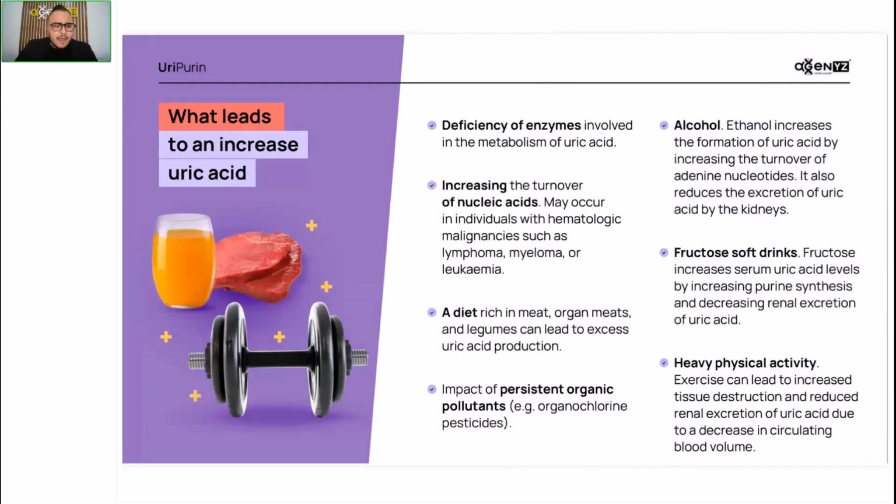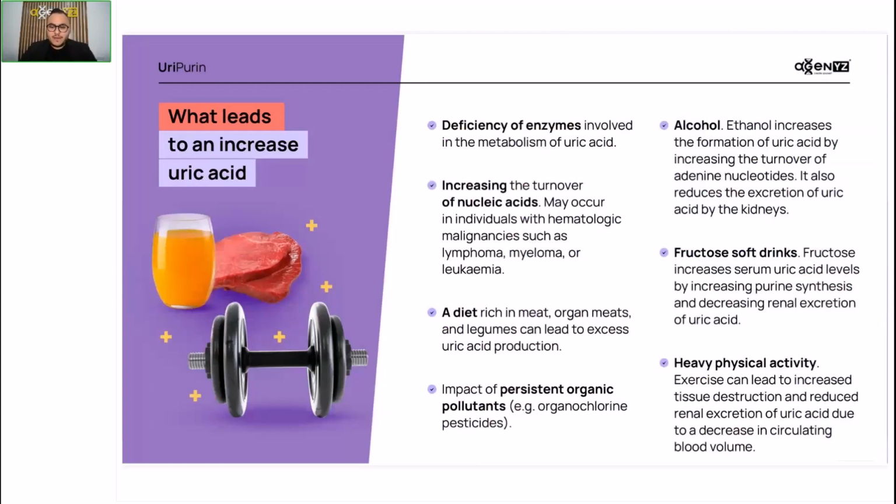And here is what leads to an increased uric acid level. First is the deficiency of enzymes involved in the metabolism of uric acid, if you remember my first slide where I mentioned this. And second is the increased turnover of nucleic acids, which may occur in individuals with hematologic malignancies such as lymphoma, myeloma, or leukemia. And diets rich in meat, organ meats, and legumes can lead to excess